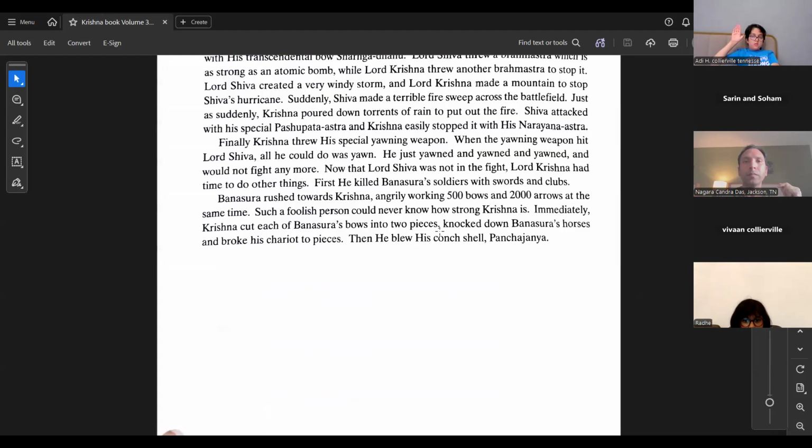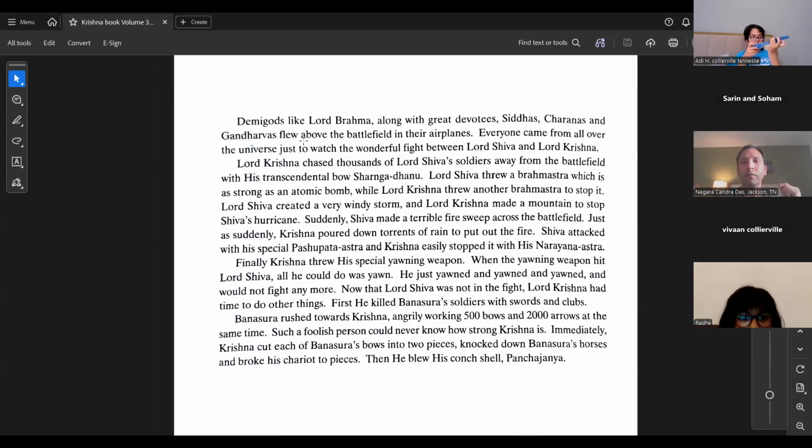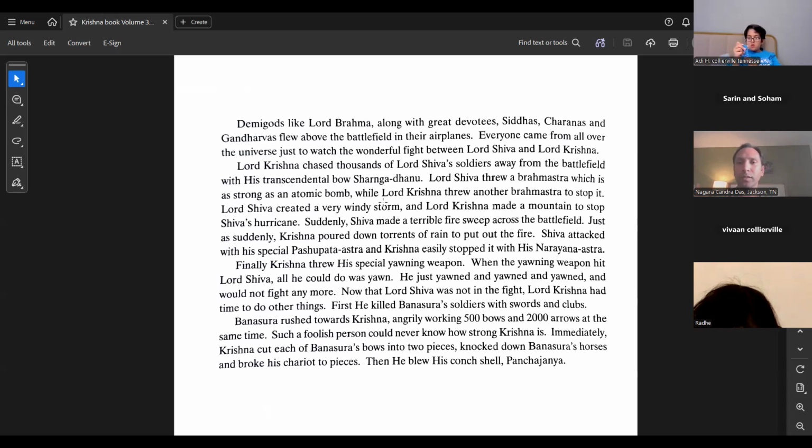Then demigods like Lord Brahma, along with great devotees, Siddhas, Charanas, and Gandharvas, people of higher planets, not human, they are higher, like demigods, flew above the battlefield in their airplanes. Everyone came from all over the universe just to watch the wonderful fight between Lord Shiva and Lord Krishna. These are some of the strongest beings alive. Lord Krishna chased thousands of Lord Shiva's soldiers away from the battlefield with his transcendental bow,